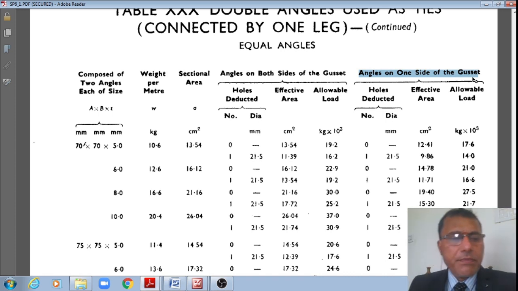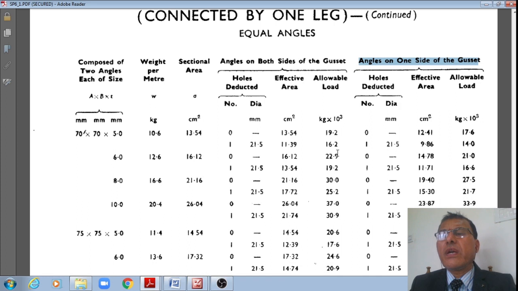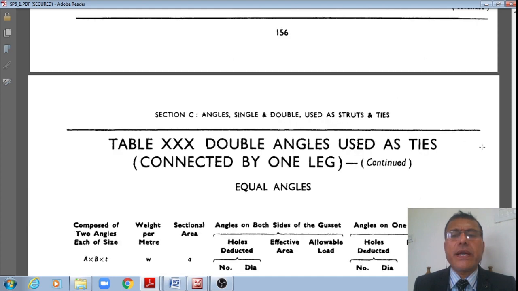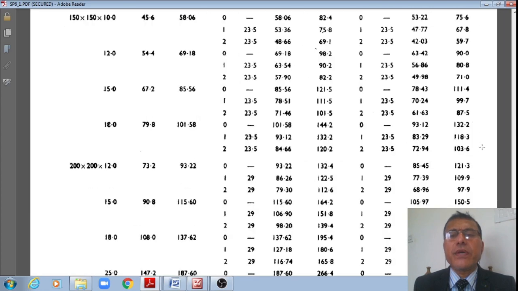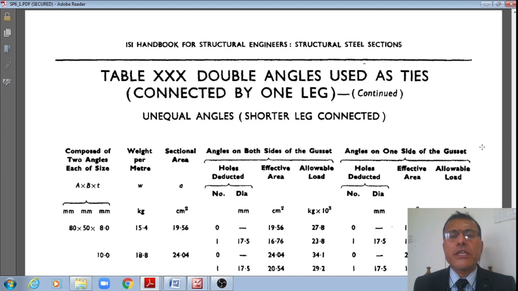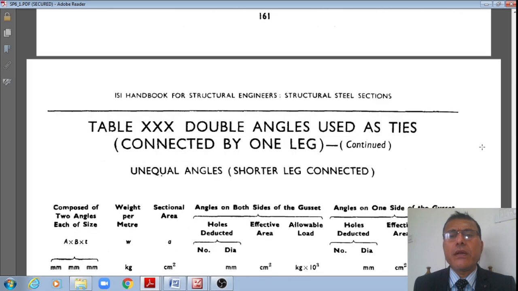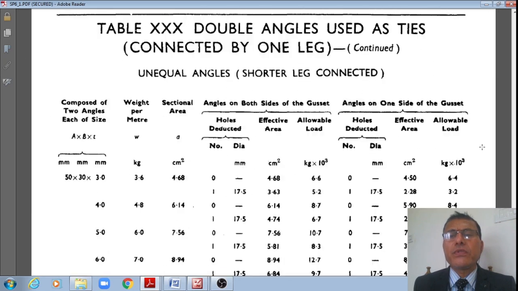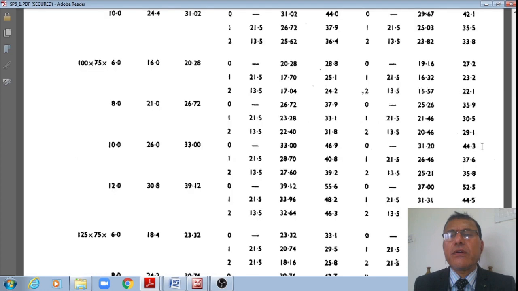Therefore, the relevant properties can be noted down, and the allowable load is 17.6 tons, and with the deduction of the bolt hole or rivet hole, it is 14. So 17.6 tons has reduced to 14 tons only. Almost one-fourth is the reduction when used as ties. That is how the other sections and their properties can be noted when used as ties. Now let's move quickly